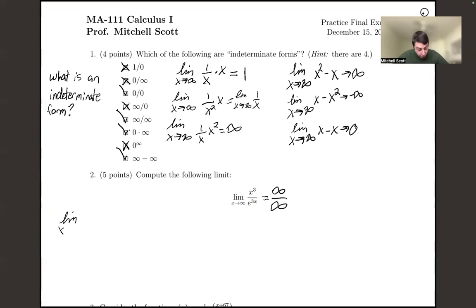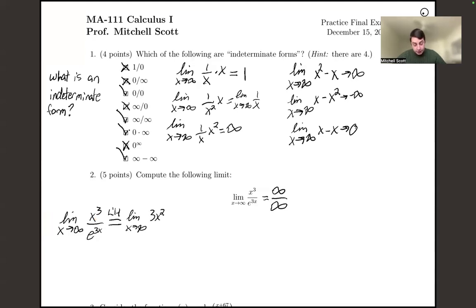And in fact, we are going to need to write where we use L'Hopital's. So this limit, I'm going to denote that as LH over the equal sign, saying I've applied L'Hopital's here. L'Hopital's rule says that if we have an infinity over infinity or a 0 over 0 limit case, we can take the derivative of both the top and the bottom independently. So we don't have to do the quotient rule here. We can take the derivative of the top and the derivative of the bottom and then check and see how it works. So that is the same as saying the limit as x goes to infinity of 3x squared,